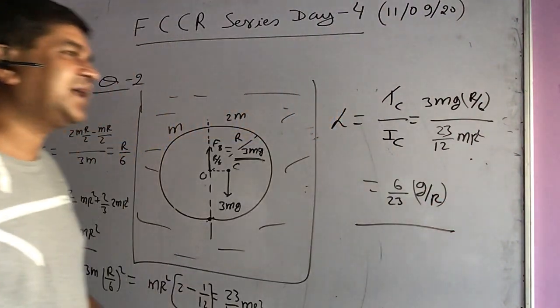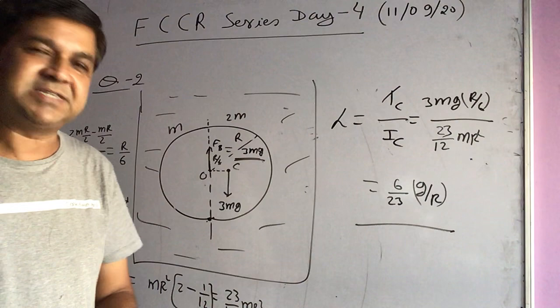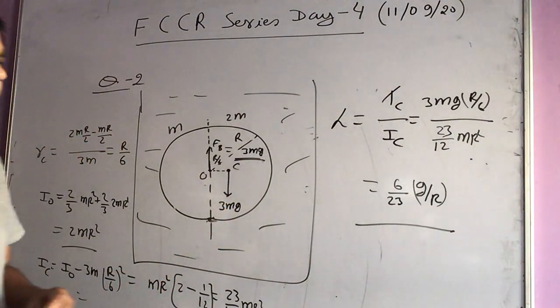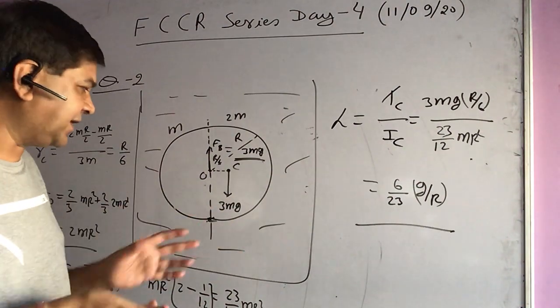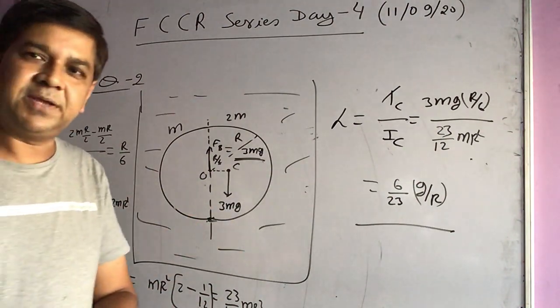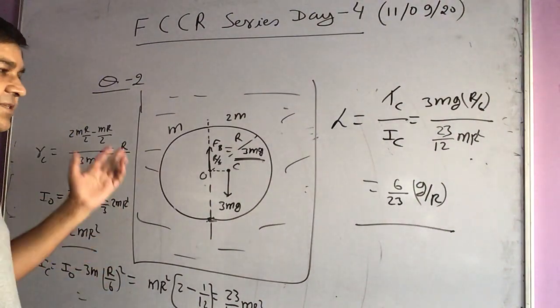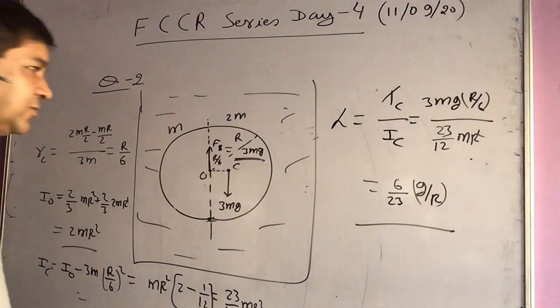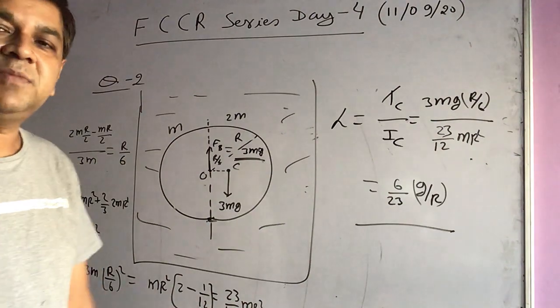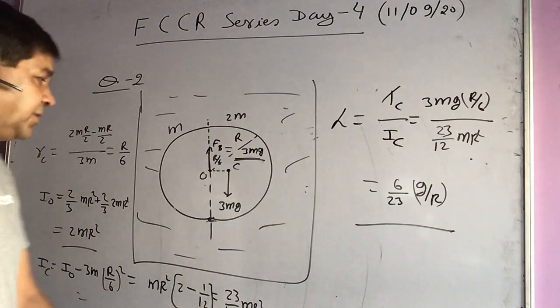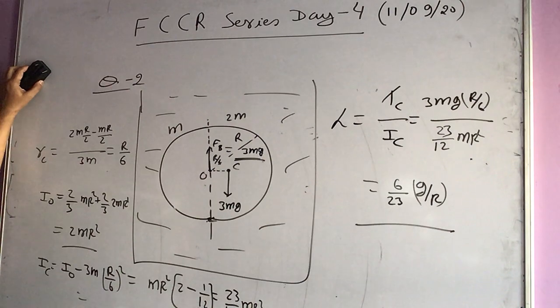So only one correct answer I got, and that is from Rishit Singla, justifying his name and the other performance that he has already done in the past 2 years in Faridabad. So this question is done by Rishit Singla. The reward goes to Rishit Singla for yesterday's problem. So this was the discussion of the problem of day 3, and I am moving to the problem of day 4.